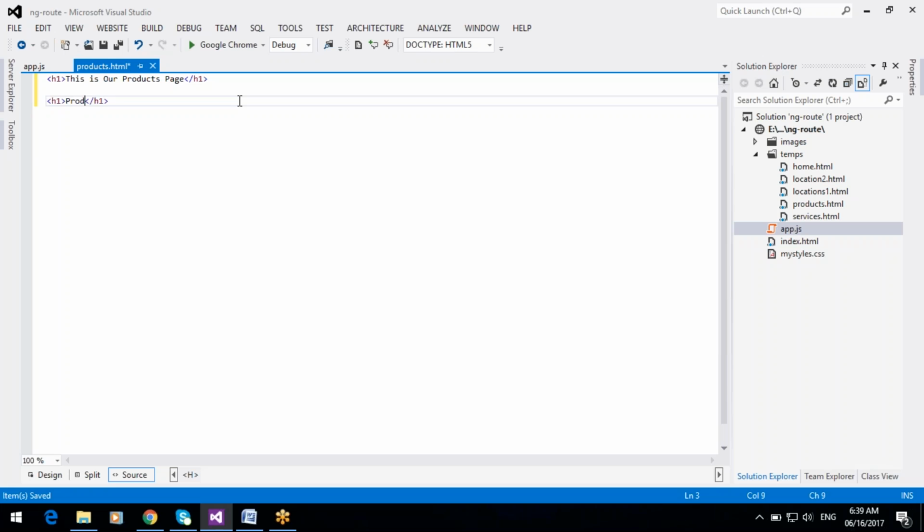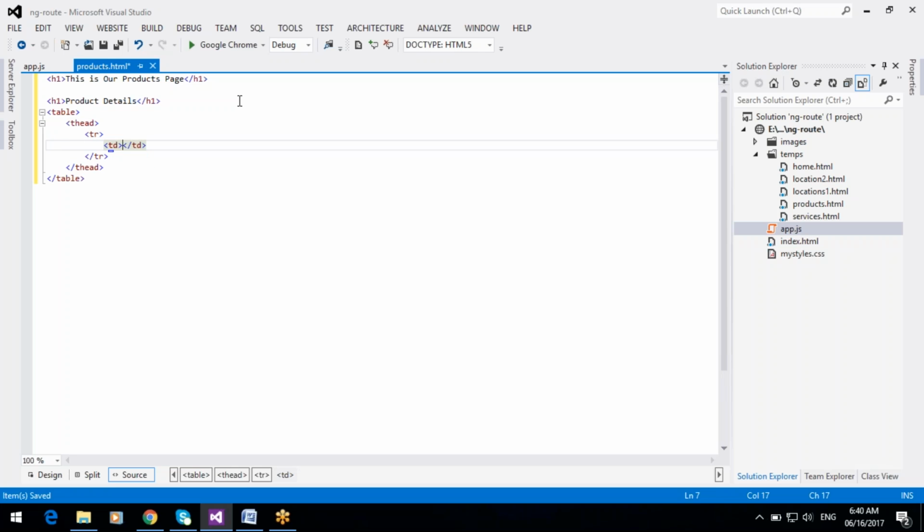H1, products details. And a table header, tr.